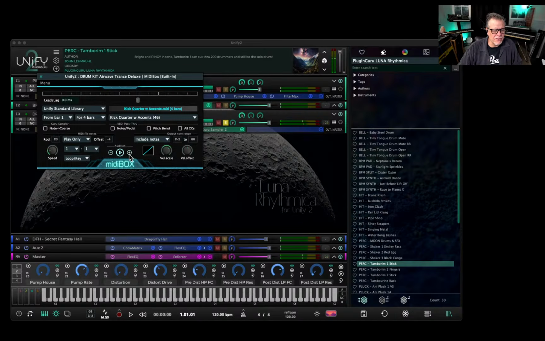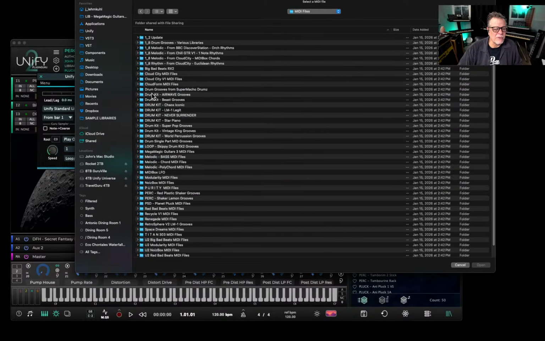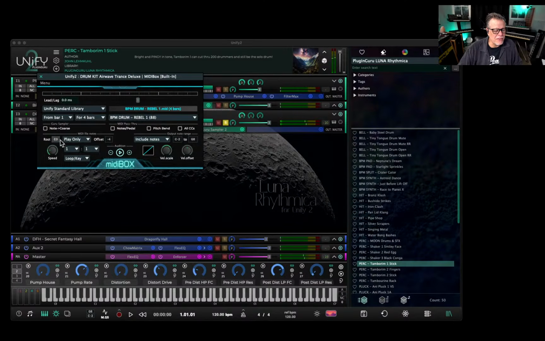There's other patterns. Right, this is accents. There's a snare. There's some other kick patterns here. The other thing you can do that gets a little bit more tricky is you can go to these folders with all the patterns. Let's go to one of the drum kits, like Never Surrender. There's all these different drum patterns, right? So if I just have this play,